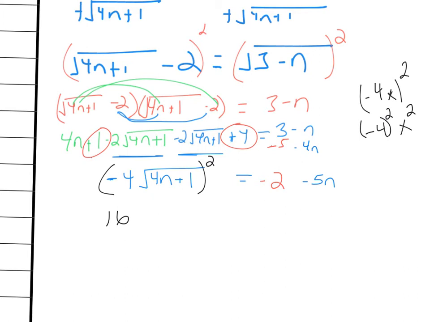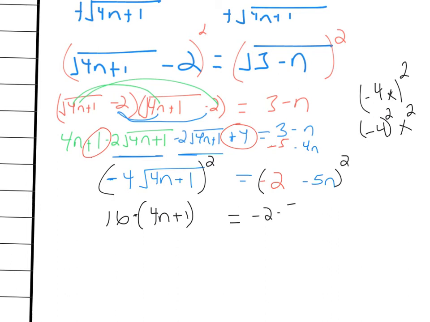And then the square root times the square root. Well, anything multiplied by itself, with the square root, the radicals cancel, you end up with 4n plus 1. But you have to be careful, because you can't just write 16 times 4n plus 1, because it's 16 multiplied by the entire radical, which means I need parentheses around the whole thing. And that's going to equal, now I've got to square this side, so I actually have to do it out,